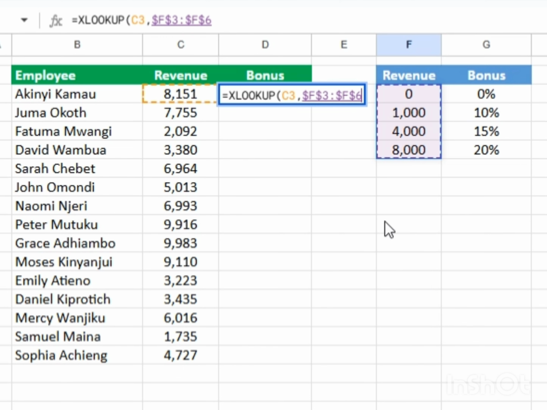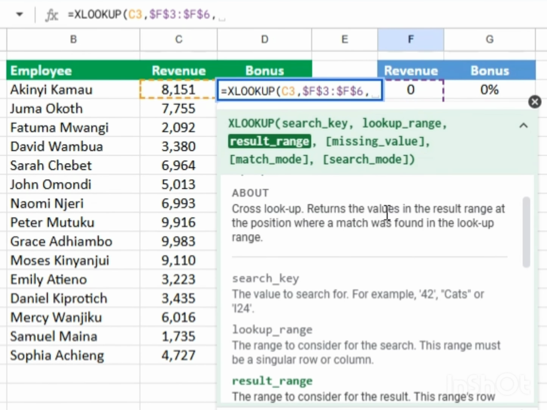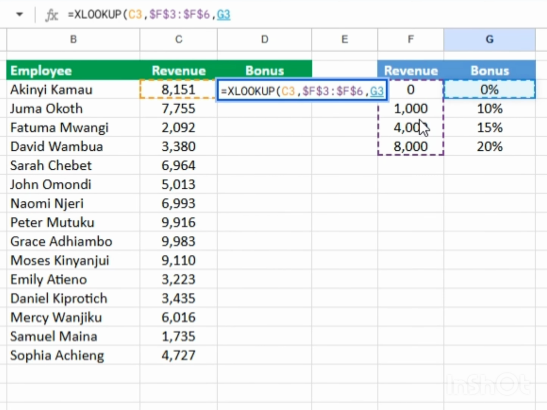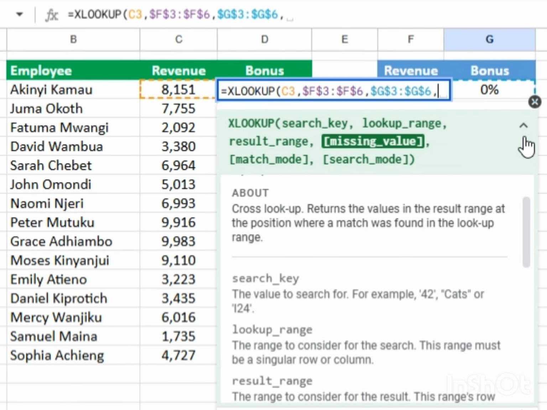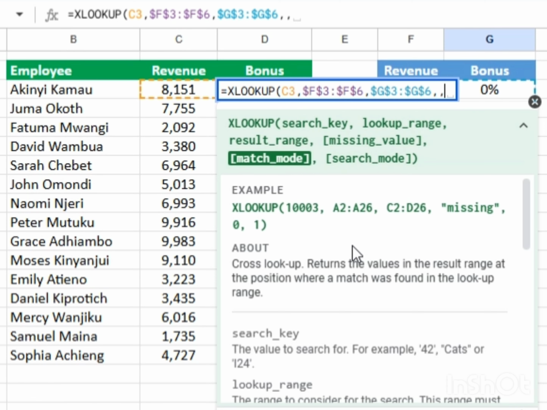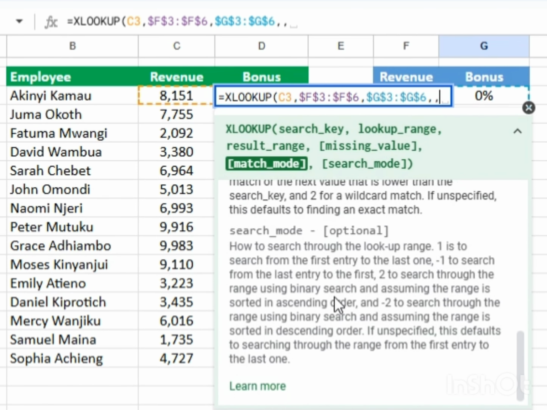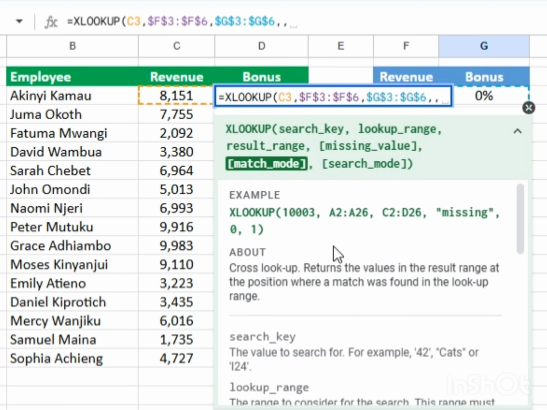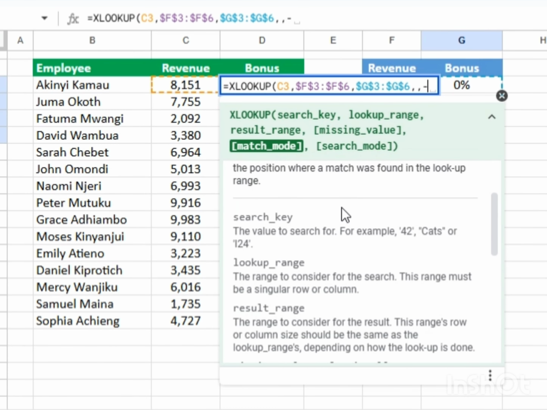Okay, now the comma, the return array is the bonuses here. So Control Shift down, and also we hit the F4 key to put the dollar sign so that we lock the same, so that when we drag, this row will not drag. Then we put comma, and if not found, we don't want that, so we'll put another comma here, and now we want an exact match or the next smaller item. So this -1, we are going to put it here,